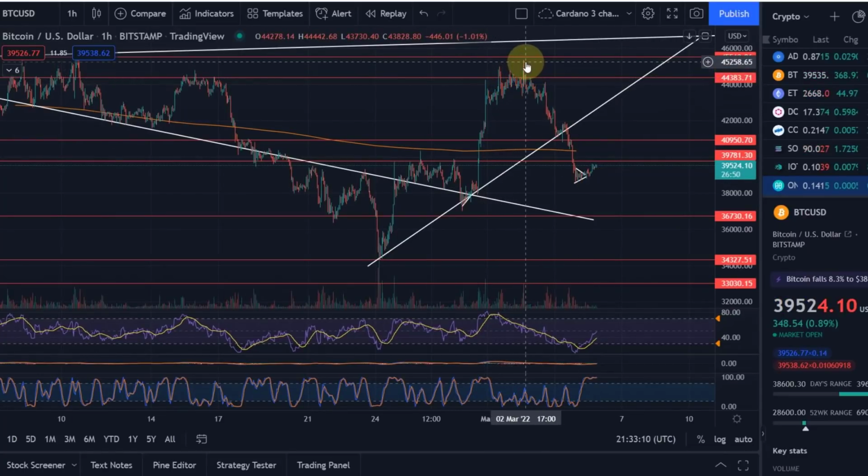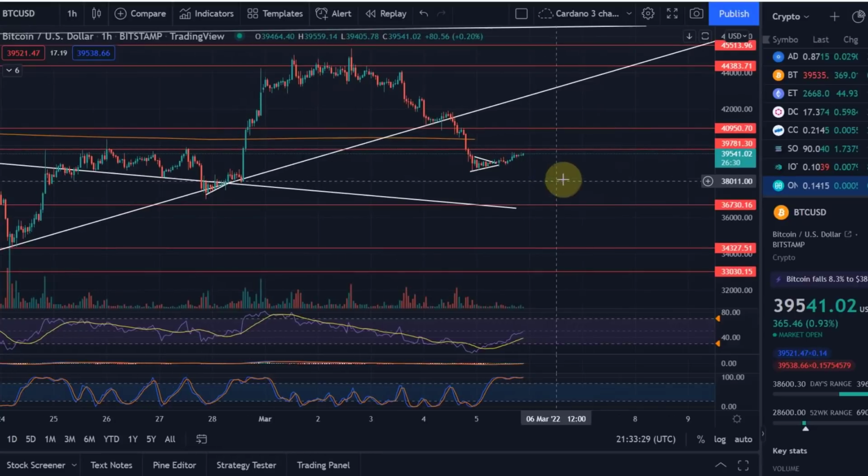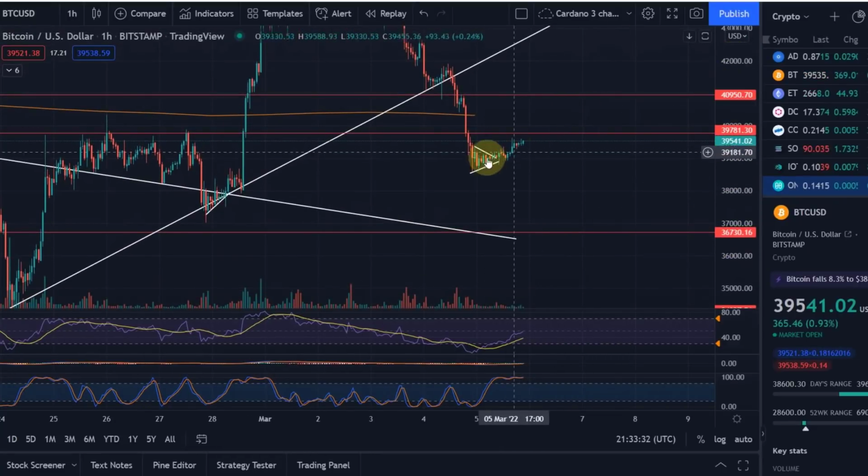We talked about Bitcoin, this sort of fake out here to 45k. It did go too high. Didn't manage to break through here, and then obviously we started that sell-off. We talked about this trend line here, said it's very likely it's going to break because we don't really see a strong reaction to the trend line. It did then break, and we then looked at this triangle earlier today, but I think, yeah, as it oftentimes